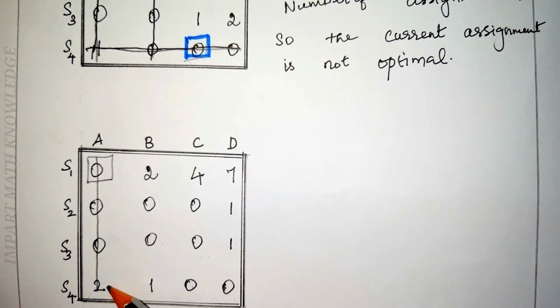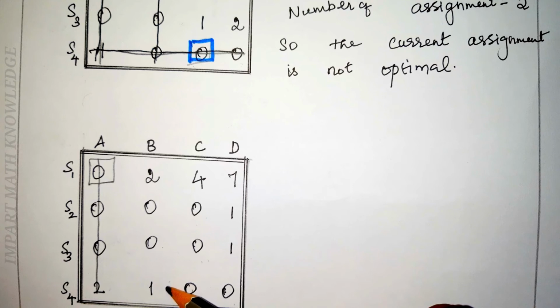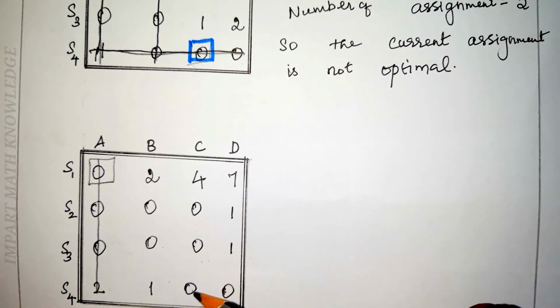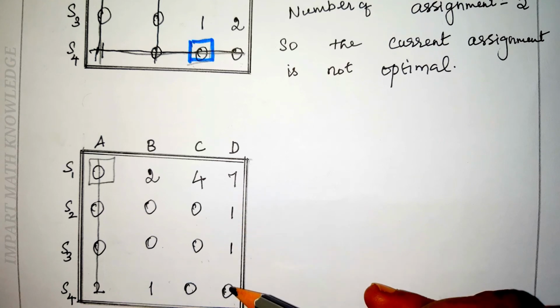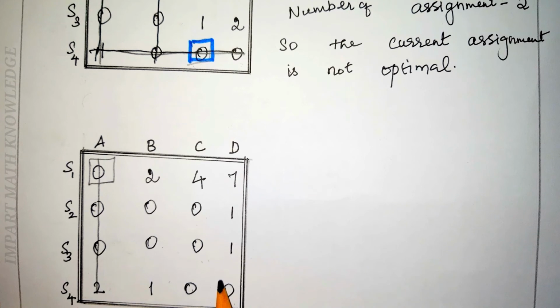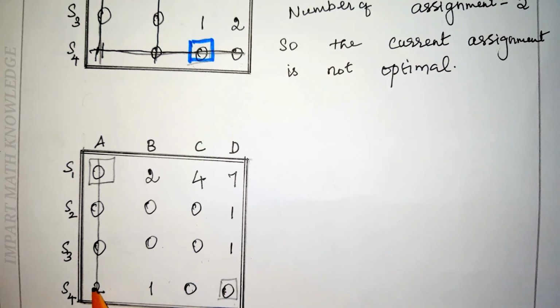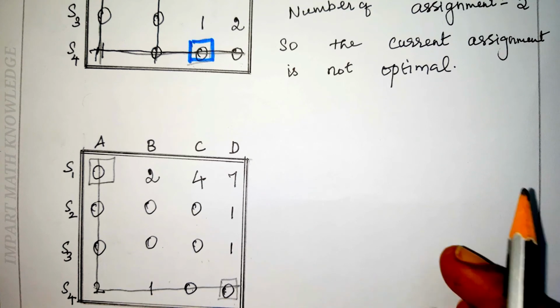First column already cancelled. Second column two zeros are there, skip it. The third column two zeros are there, skip it. And the fourth column you have one 0, so you put a square on it. And you have to draw a horizontal line passing through that 0. After row